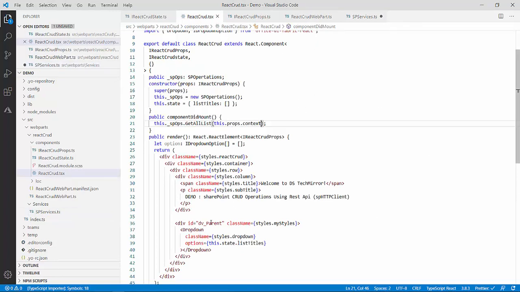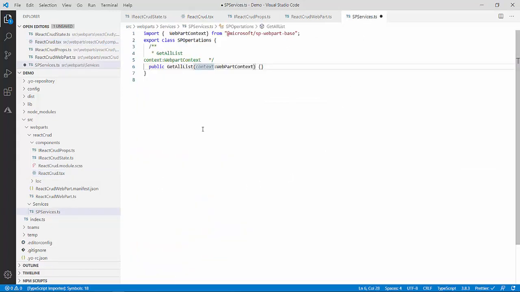If you are getting confused, you can create this method in the same file also, then you don't need to pass anything like this. But in your actual project you have to create a separate service file, because you cannot put all the methods in one place. With time you will create more modules and your web part will grow bigger and bigger, so you have to use this modular approach. It will be better if you learn from the beginning, and start developing all the good coding practices from the beginning. So now we have called this method, and we have passed the context also.